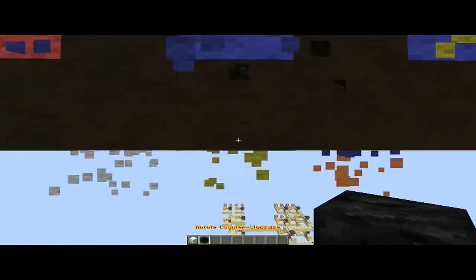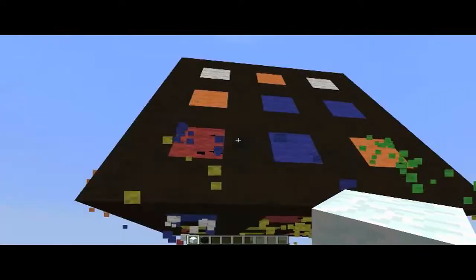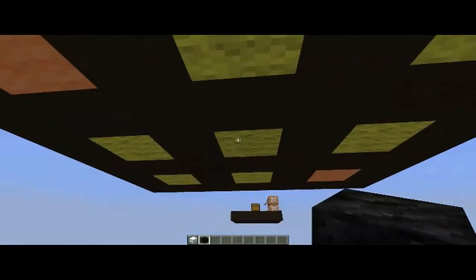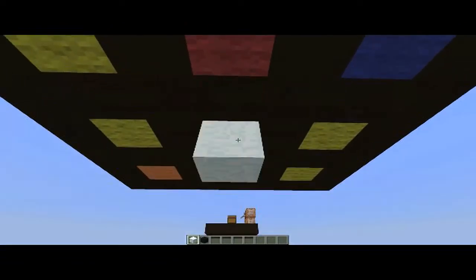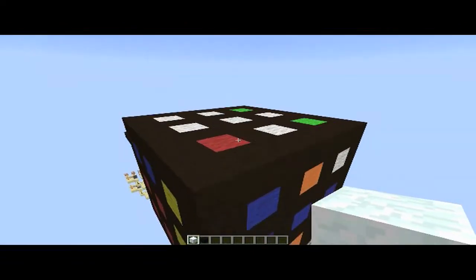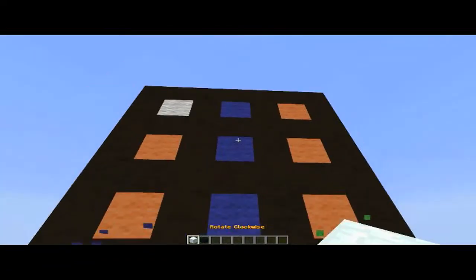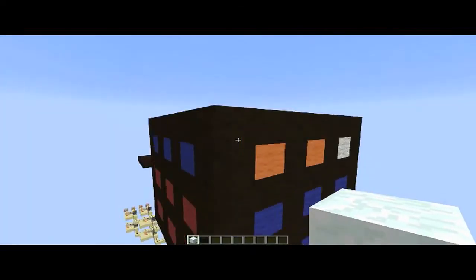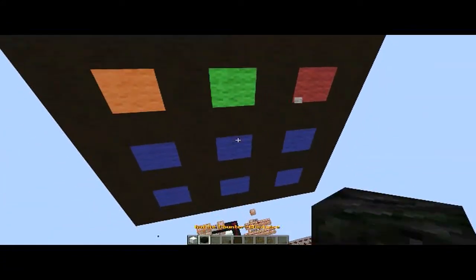So again, black, black, white, white. We check now, it's not lined up. So again, black, black, white, white, and I have a feeling it's still not lined up. Nope. So again, black, black, white, white, and it should be up there now. Yep. So then we rotate again to the next one, and then we go black,